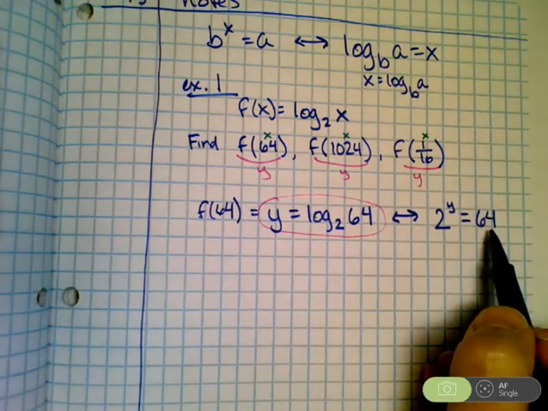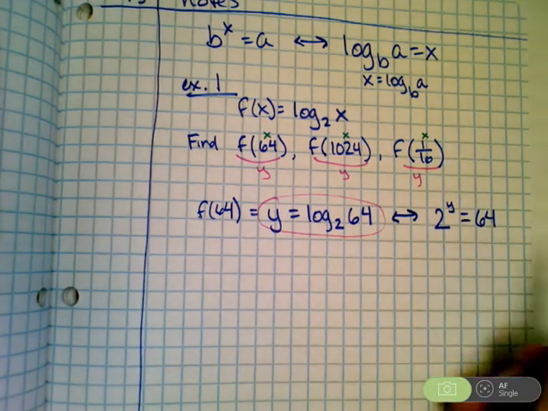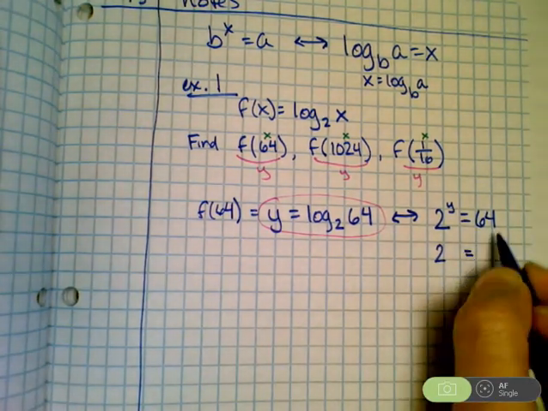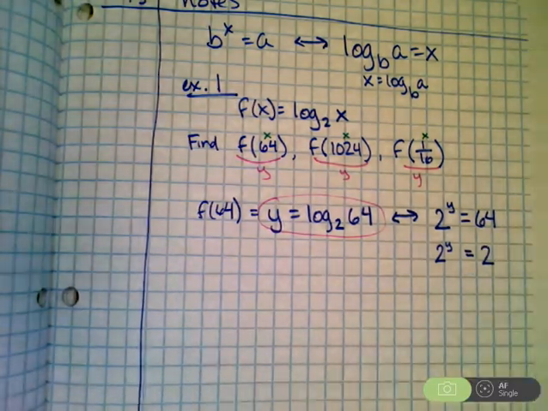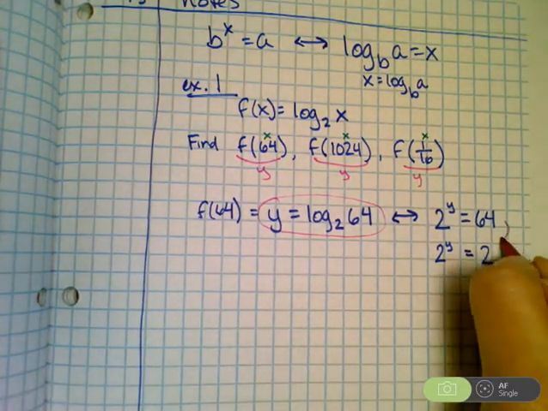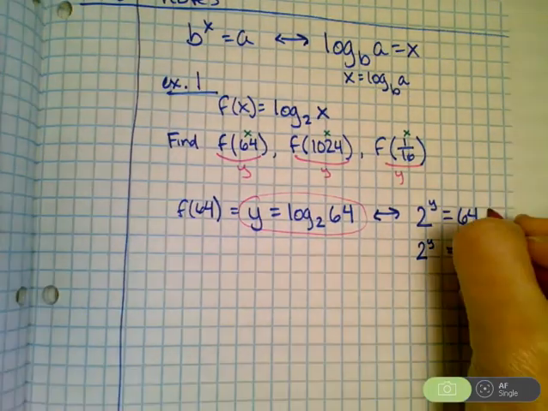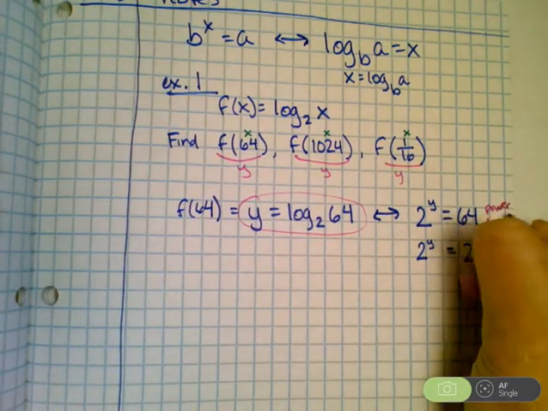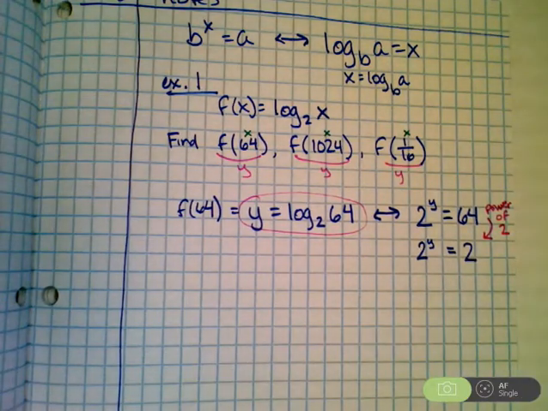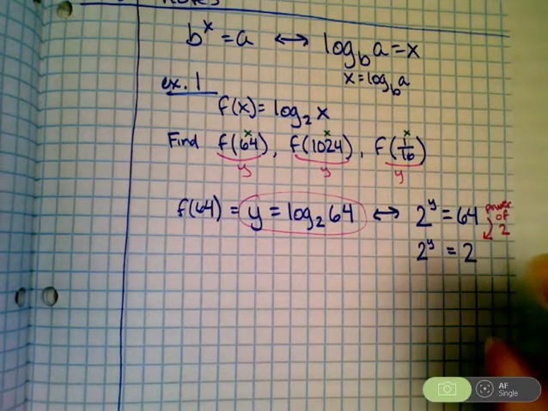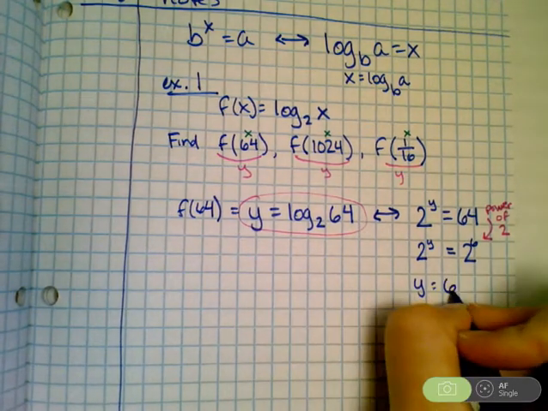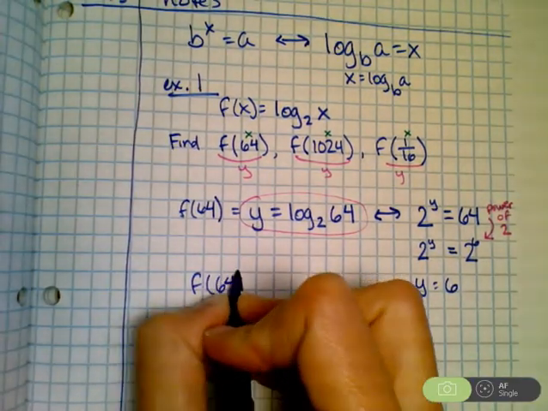If you have your blue exponent table, that's a real quick way to find these. If you don't, you try some powers of 2 on your calculator, and you find the power of 2 that gives you 64. You'll remember that from a couple lessons ago, when we were doing geometric series. So 2 to the what is 64? I'm trying to look it up behind me. 2 to the 6th. Since 2 to the 6th is 64, y is 6,